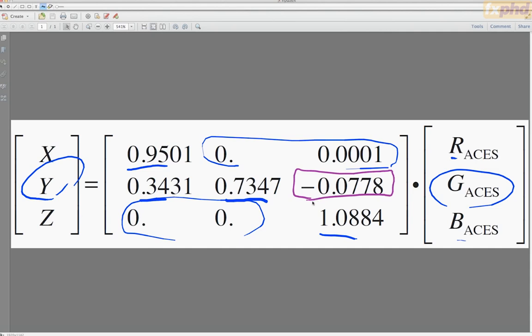And it's extremely unusual in any of these matrices to have a negative coefficient into luminance. What this is saying, and this is very wacky and strange and weird, what this is saying is that when you add blue color, ACES blue flavor, to a color, it makes the color less bright. Now, that's absolutely not intuitive. So I need to talk a little bit about why that should be.